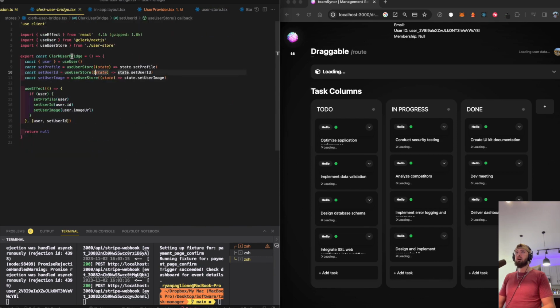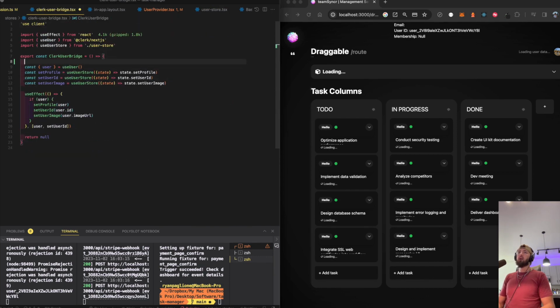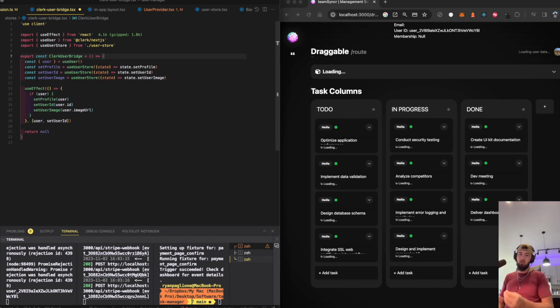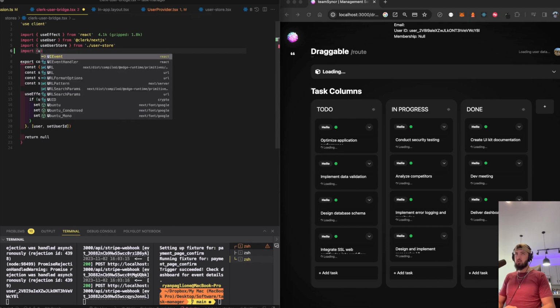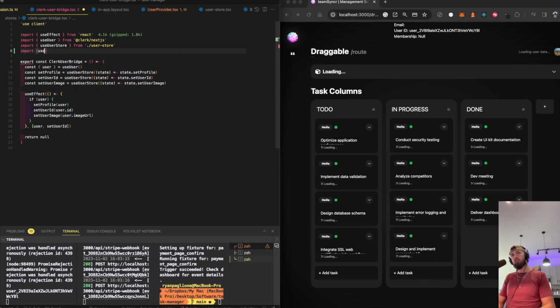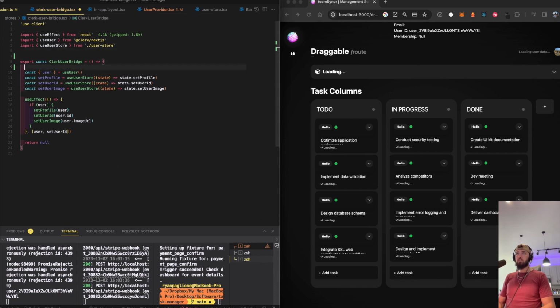Use user. I see. Okay, so in here in the clerk user bridge, this was kind of a hacky workaround on getting the user profile into Zustand, but we're going to do something a little different. So I'm going to get the user. Well, let's see. I'm going to get useContext from React. I'll just pull that in. Actually, here I'll say const userId equals useContext, which is a snippet that takes in